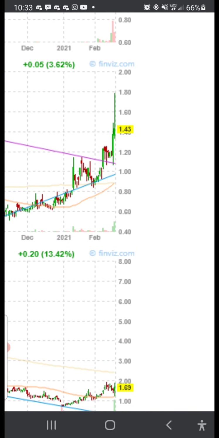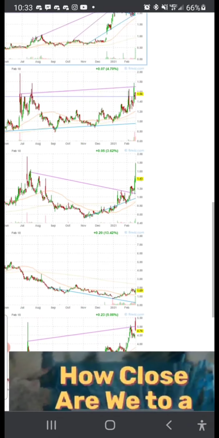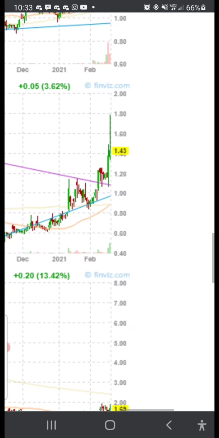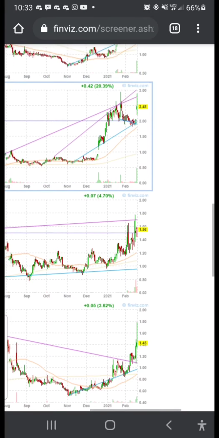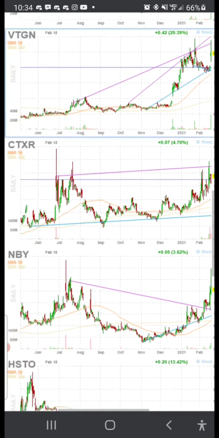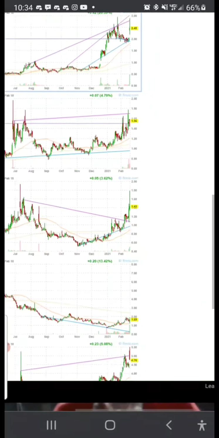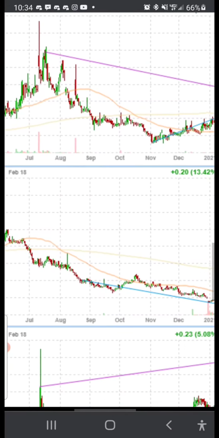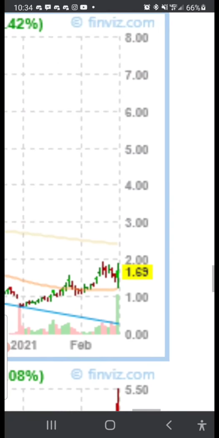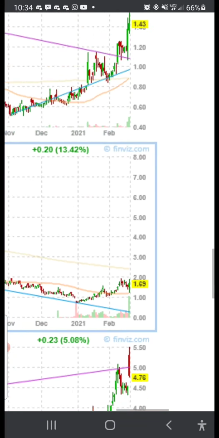This one broke out and then broke out even higher. Now see, they can break out higher the next day, but usually they have like this one good pump and then they start to cool off, depending. HSTO. Wow, this looks good too. Look at all that volume. I'm definitely going to be looking at that one